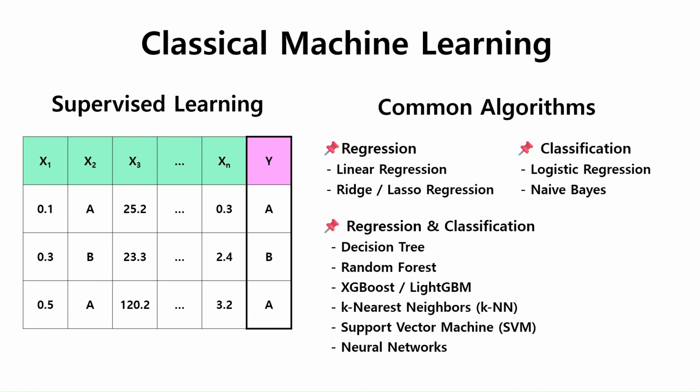lasso regression, which add regularization to reduce overfitting. For classification, we commonly use logistic regression, especially for binary classification tasks, and naive Bayes, which works well for text and probabilistic problems. But many algorithms are flexible and can be used for both regression and classification, depending on how